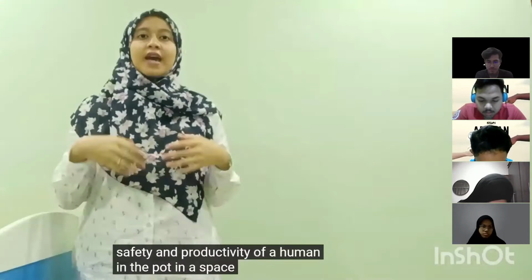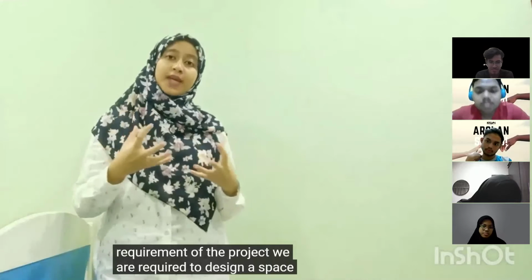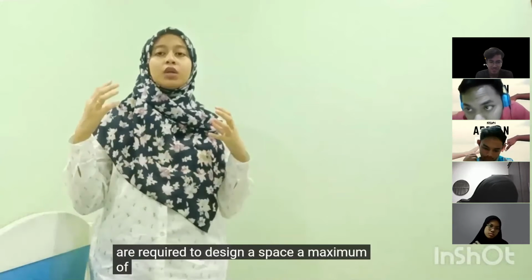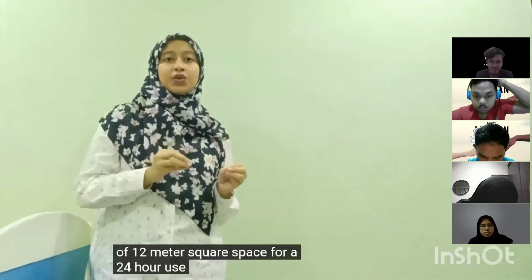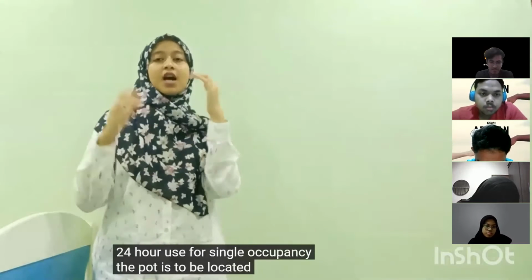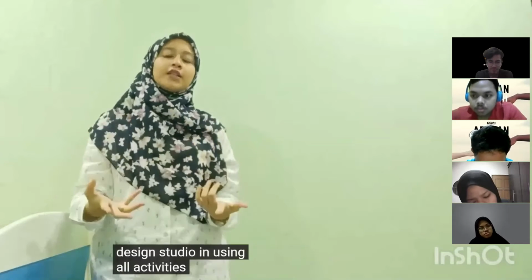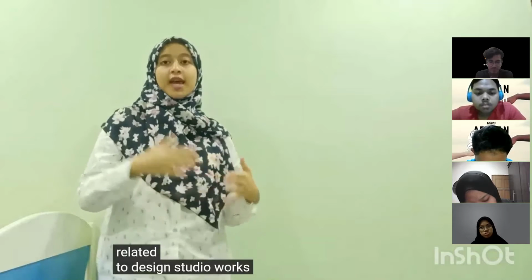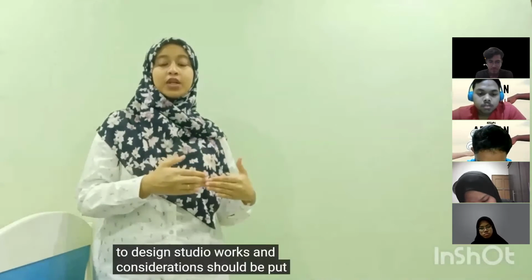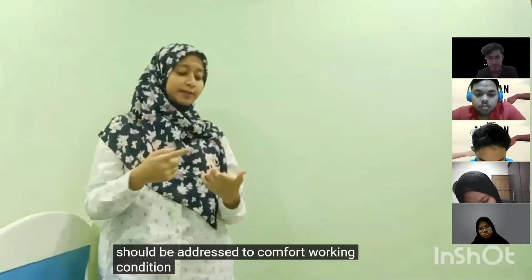As for the requirement of the project, we are required to design a space, a maximum of 12 meter square space for a 24-hour use for single occupancy. The pod is to be located inside of the design studio in USIM. All activities in this pod are to be related to design studio works, and consideration should be addressed to comfort working condition, including